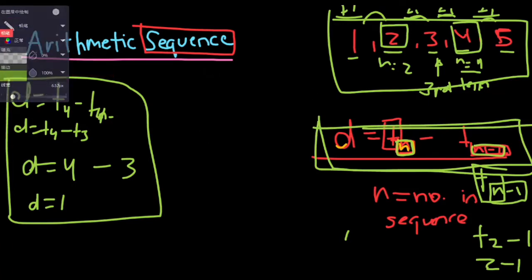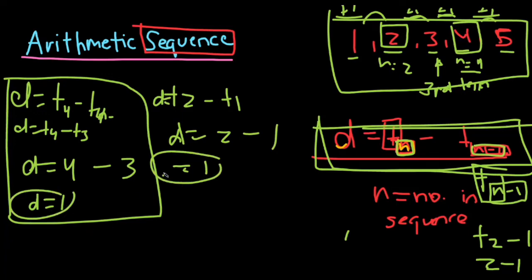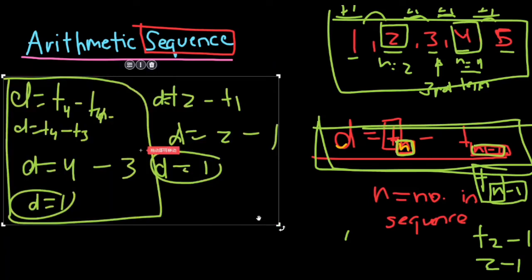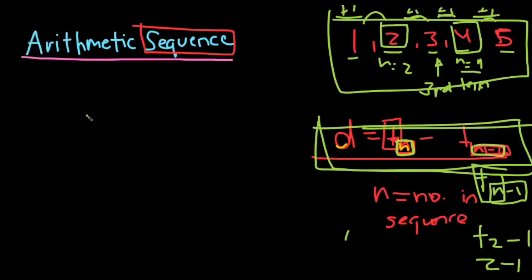For d, we can do, instead of t4, take t3, which is the third term. We can do the second term, take away the first term. So it's the same. 2 take 1 equals positive 1. Same. The common difference is the same. Remember, common means same, it's the same difference. So it's correct. But a fatal mistake that you need to keep in check is that when you encounter stuff